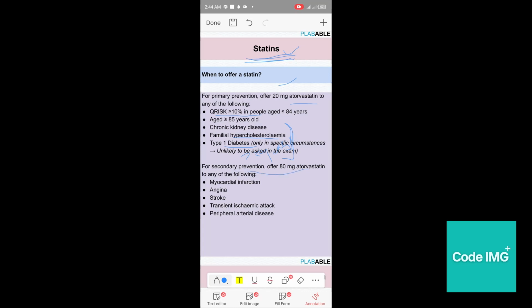For secondary prevention, those who are already having an event like STEMI, or unstable angina, a stroke, or transient ischemic attack, or peripheral arterial disease, you need to give them 80 mg of